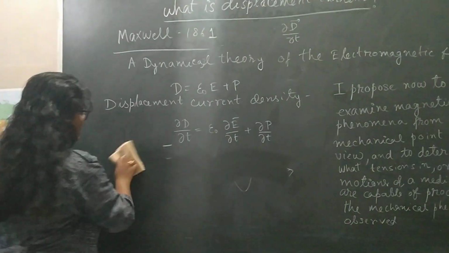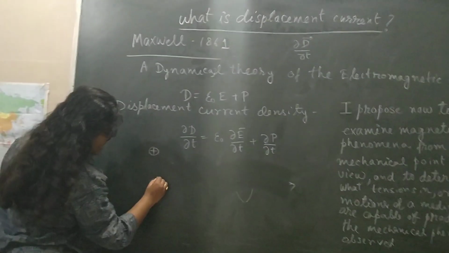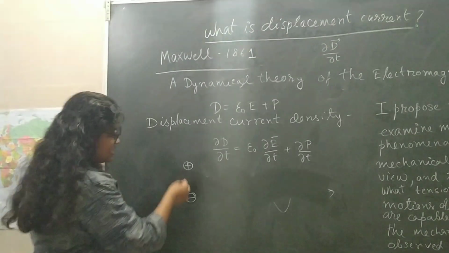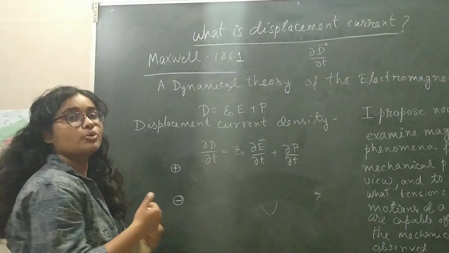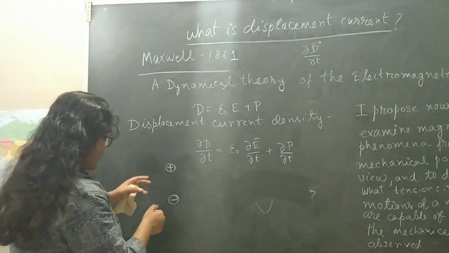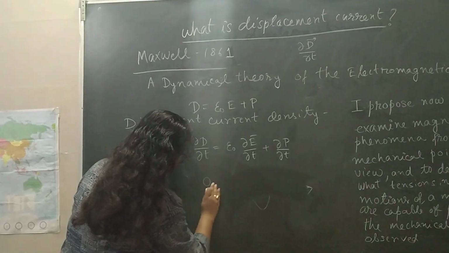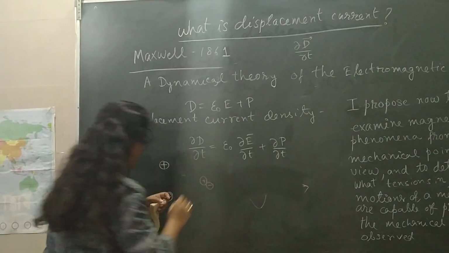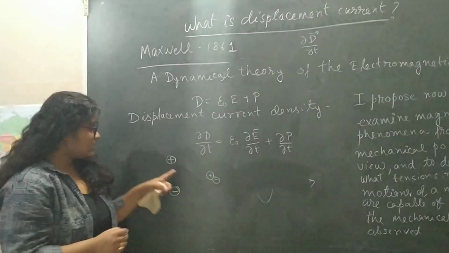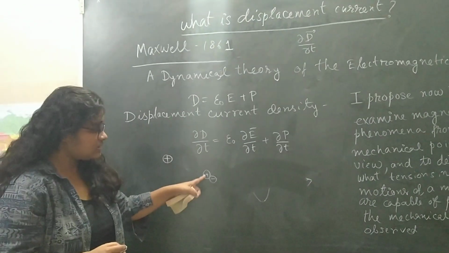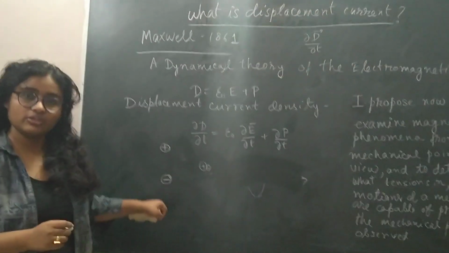You have to think like this: you have some positive charge and some negative charge, and both are displaced by a certain distance d. Now suppose the charges are in motion, that is, they are oscillating. Somehow they are oscillating and they come close to each other, so that here you get the electric field E, and here you get zero. Suppose it is the superposition of the two charges.